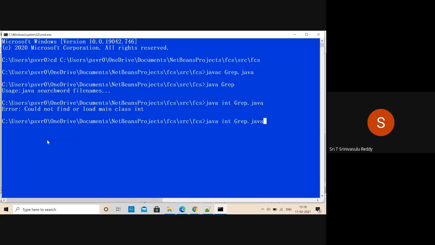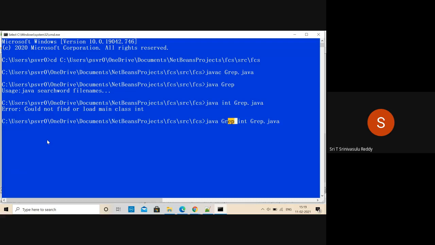So actually we have not run the program properly here. You have to specify java followed by grep. Java grep, that is the actual command. And after that, the command line arguments. We missed the command line argument earlier. This is the actual complete command.